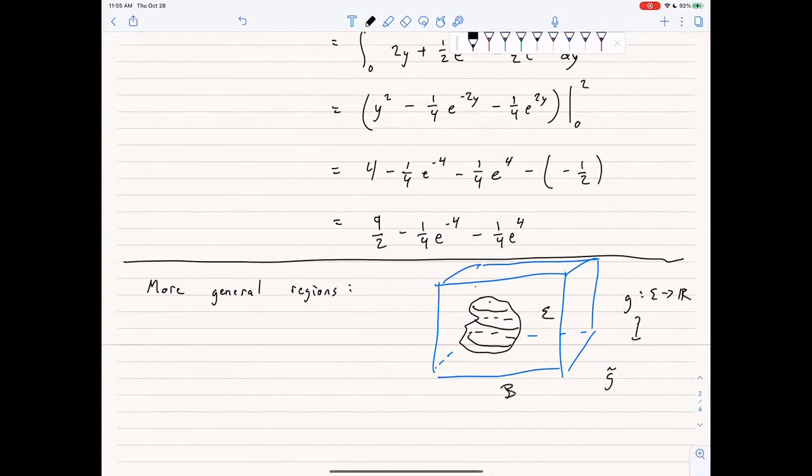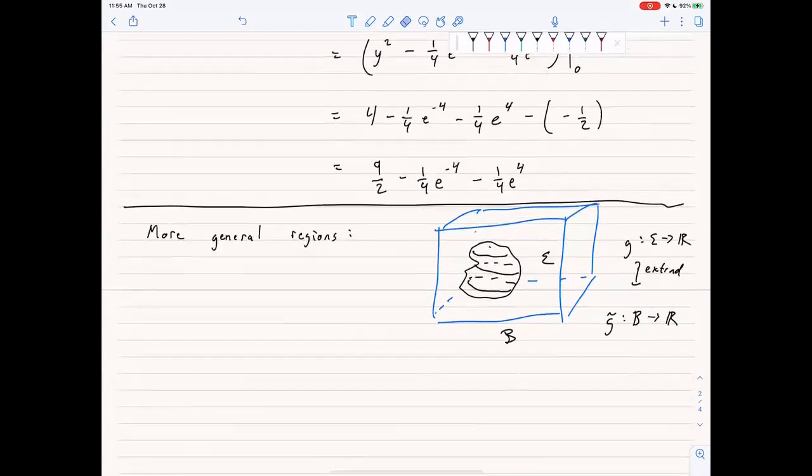So let's call this box B. And the way you extend it is you just let it be 0 outside of your region you're interested in. So in other words, G tilde